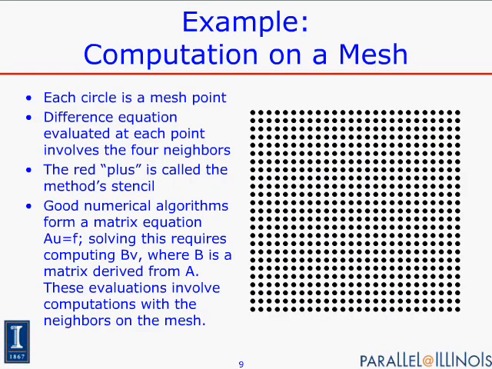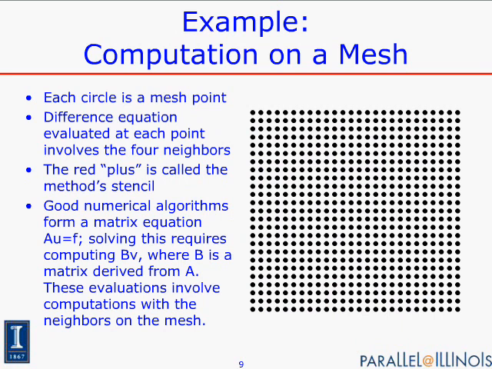Now, let me look at one example that I'm going to use to start setting the discussion for how some of the ways of thinking about parallelism may lead us down the wrong path. And so a common example that is used in scientific computing is to do a computation on a mesh. This mesh is a way to approximate the solution of a differential equation over a domain. What I've shown here is a two-dimensional domain. So, for example, if I'm trying to compute the deflection of a drum head, in this case a square drum head, I might set up something like this.